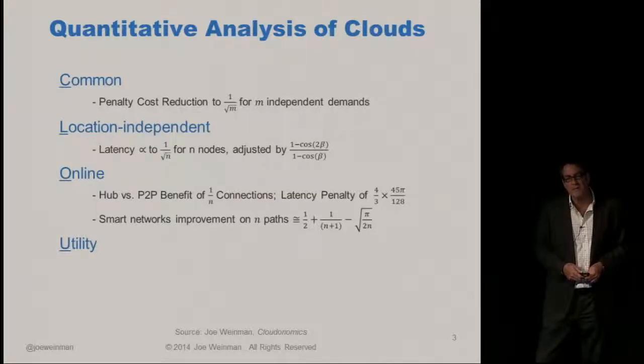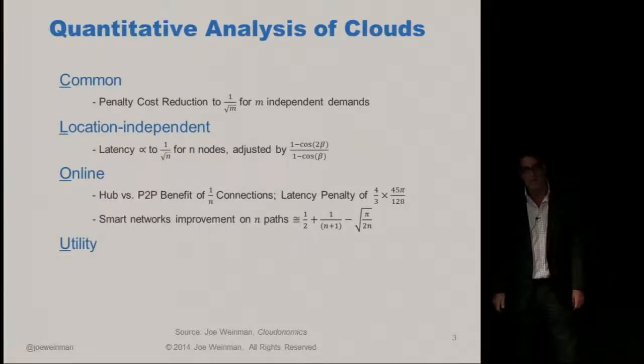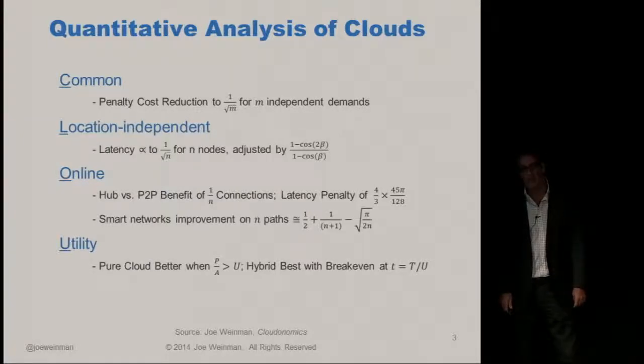Fourth major benefit of the cloud is pay-per-use pricing, which in telecom we used to call linear tariffs or measured service, but that turns out to be a very key benefit, and the magnitude of that benefit partly depends on the workload characteristics. If you have a completely flat workload, then a private cloud can make sense. On the other hand, if you have any variability, you can show with a nifty bit of calculus that you must use the public cloud no matter how overpriced it is.